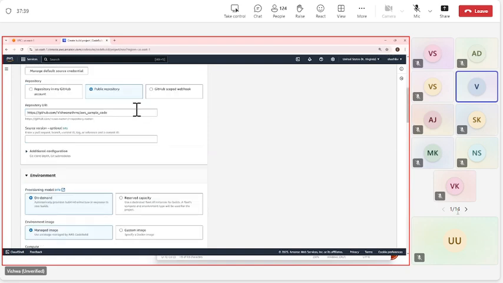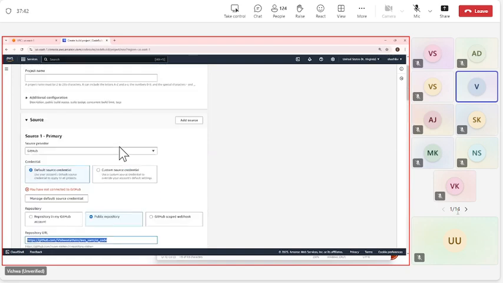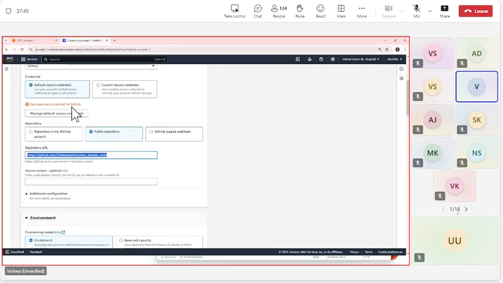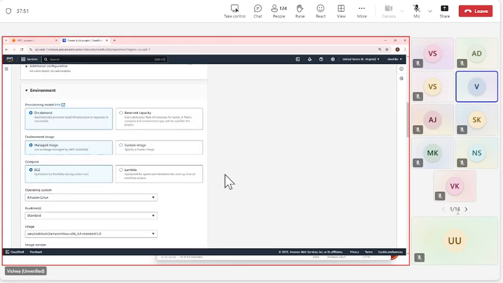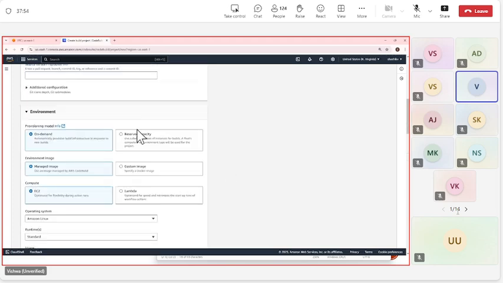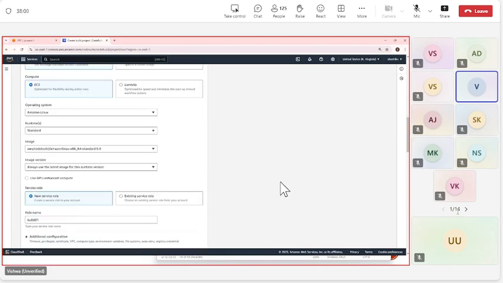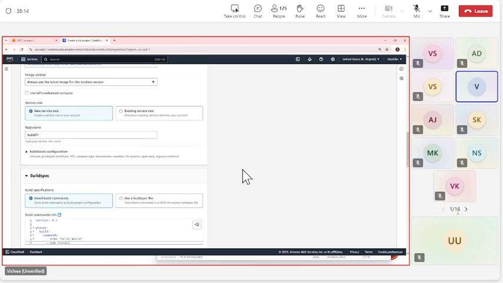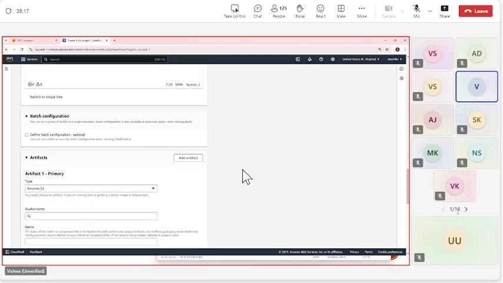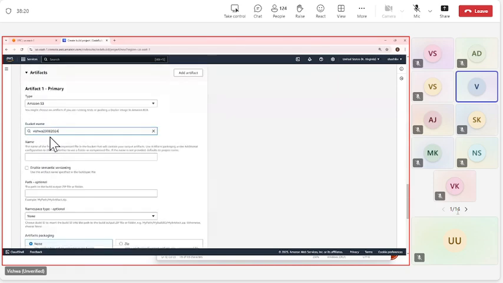So we have selected the source as this sample code, and I don't need the GitHub credentials right now. That's because I'm selecting a public repository, and for a public repository, I don't need credentials, right? But you could authenticate it through the credentials, manage default source credentials. And these are the standard operating systems which are there. You can't change too much. You can only use these many options to build a virtual machine in the backend for the code build to build it and then push the artifact into somewhere like this, right?